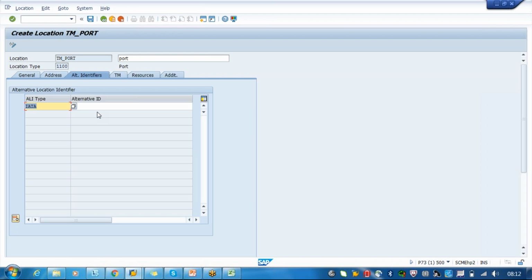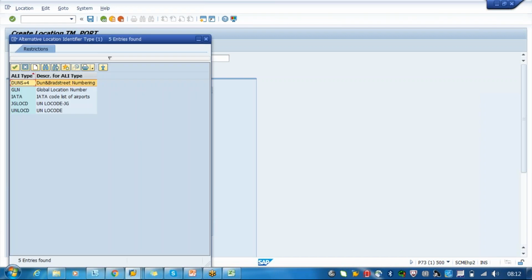Yes. What is this alternative location identifier? See, alternative types are nothing but alternative identifiers, which talk about the IATA number or the ULD number. These are all for international security purposes. We have some numbers, like the ULD number and the IATA number.